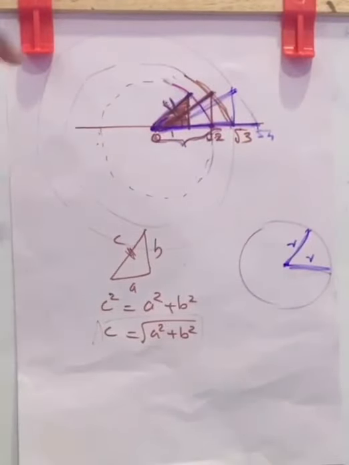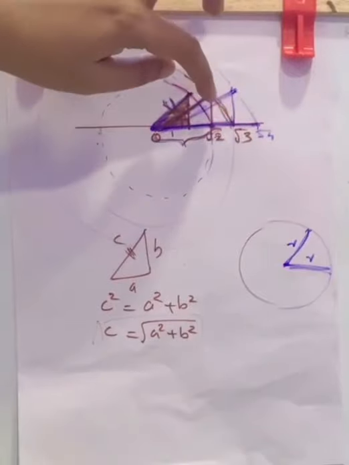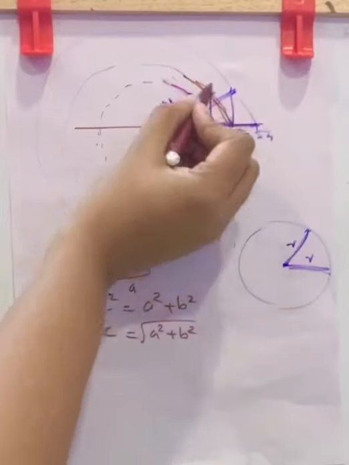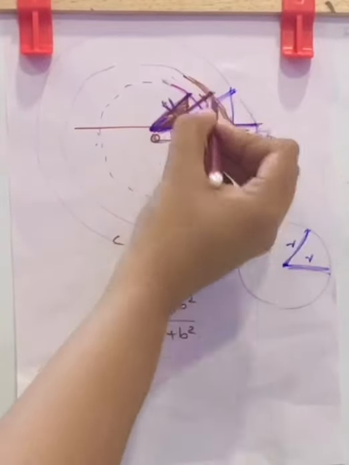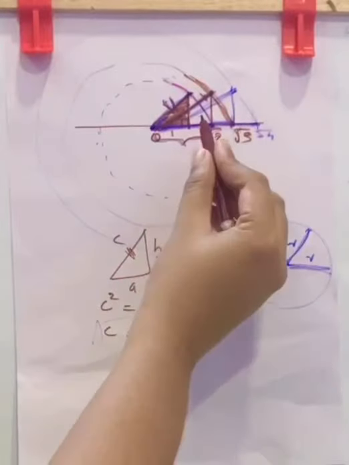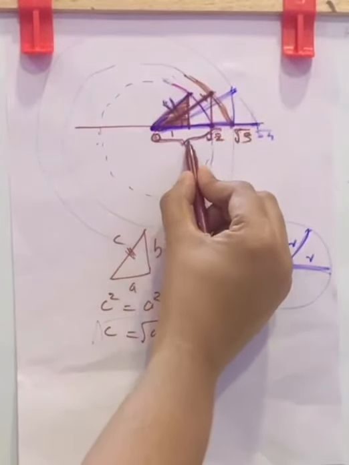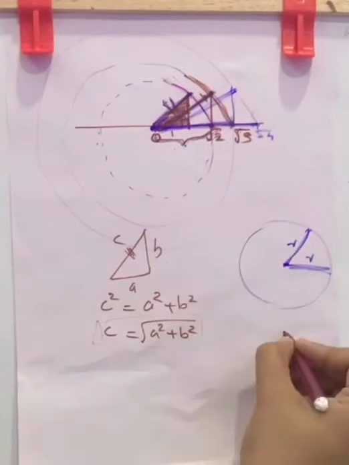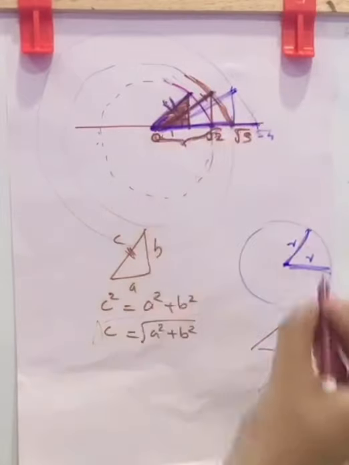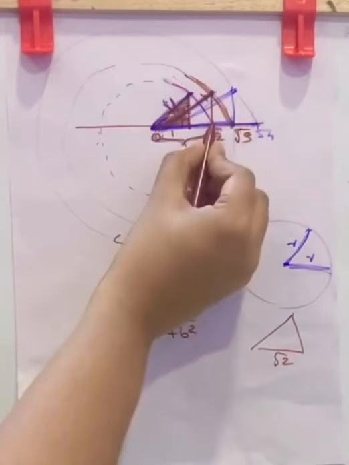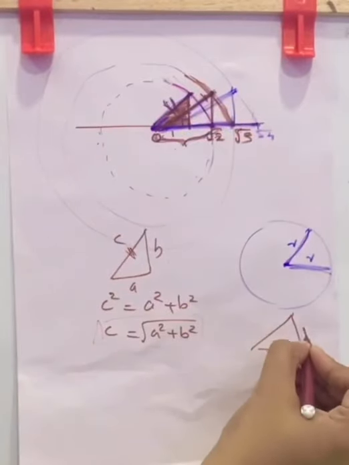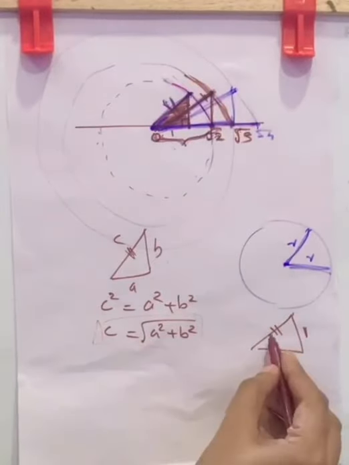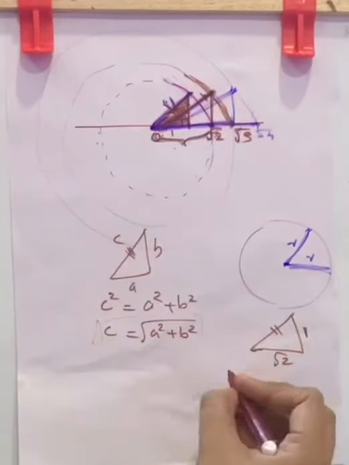That is the method. Now, how do we get this root 3 on the hypotenuse? Here we are getting root 3. That is why we say the arc falling on the number line is root 3. In that case, we know below we get root 2, right? This length is root 2. And we draw a perpendicular here with 1 centimeter. So 1. Now we will find this value. We know it is root 3, but how? That is what I am showing you.